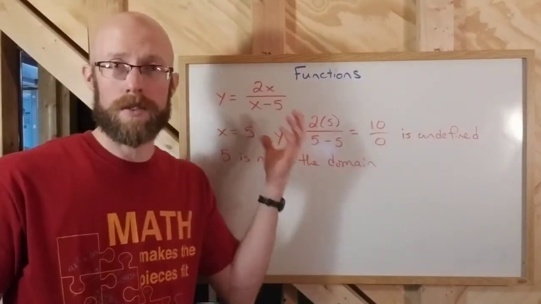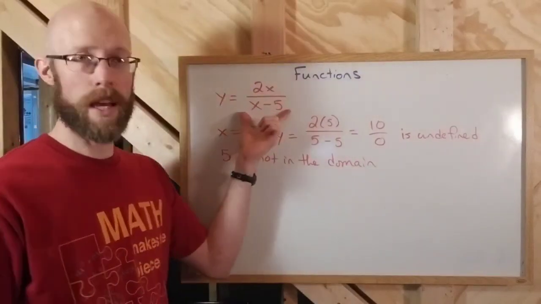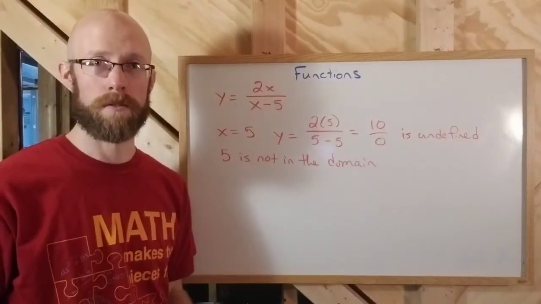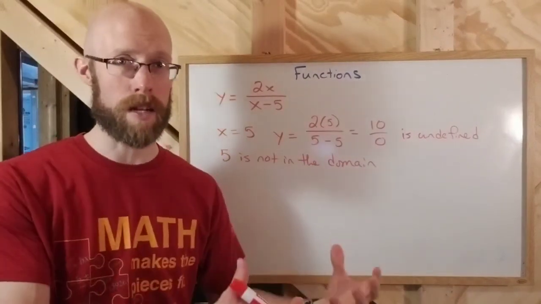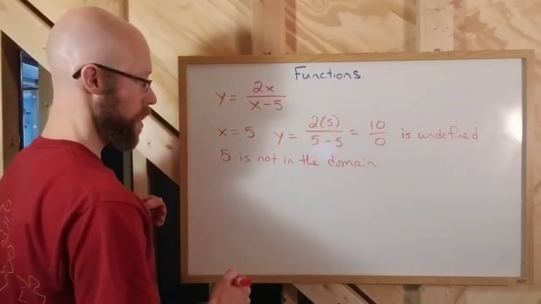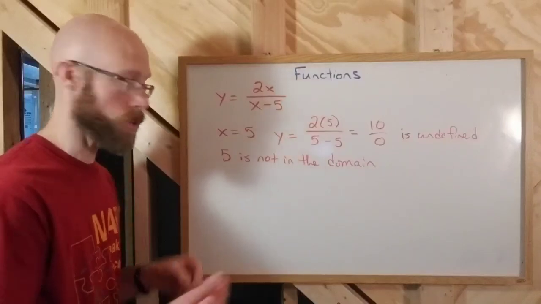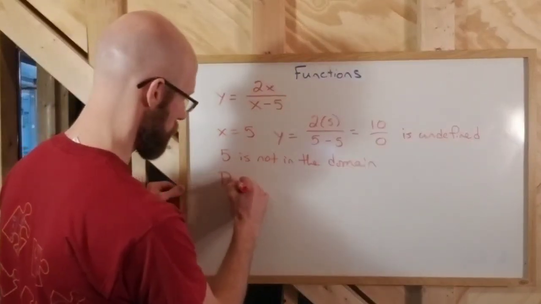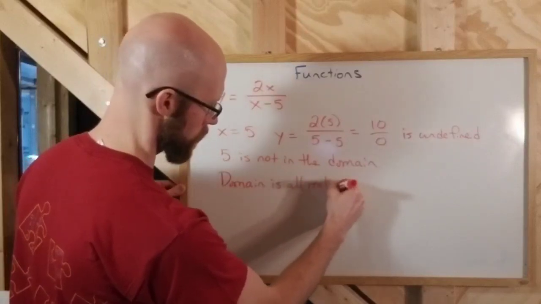Is there anything else? I guess that's the other question. Well, in this function, there's nothing else that will make the bottom 0. 5 is the only thing, right? 5 minus 5 is 0. Nothing else minus 5 is going to be 0. So there is no other problematic value. And so the domain is all real numbers